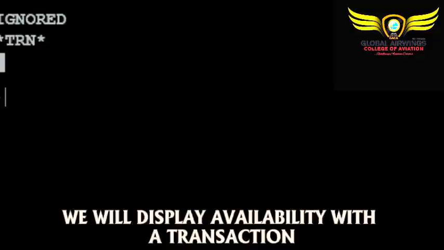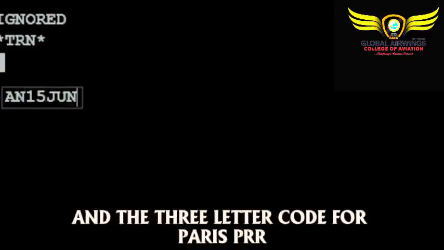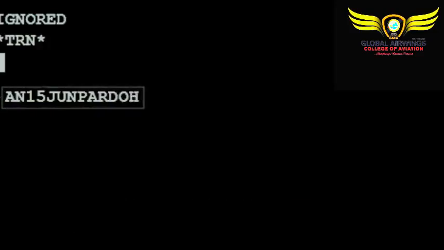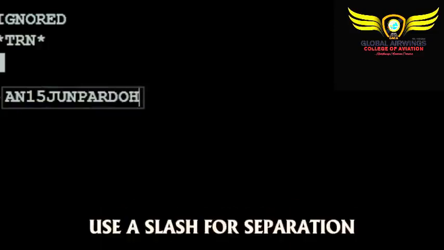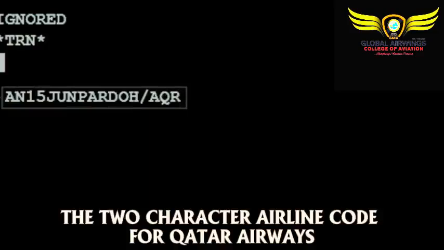We will display availability with the A transaction, followed by the travel date of June 15th and the 3-letter code for Paris, PAR, as the origin city code and Doha, DOH, as the destination city 3-letter code. You can use either the city or airport code as required. Use a slash for separation, the letter A as an identifier for the airline, followed by QR, the 2-character airline